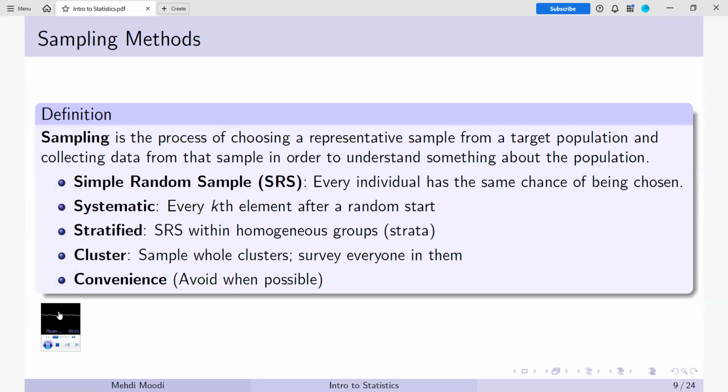Picking the right sampling method is crucial. It's the difference between getting a representative snapshot of the population or ending up with a biased mess. Good sampling gives you results you can actually trust. Bad sampling, well, that's how you end up with headlines like "Study shows pineapple on pizza is the most popular topping," and then we all suffer. The bottom line: choose carefully or risk making claims that no sane statistician or Italian would ever endorse.